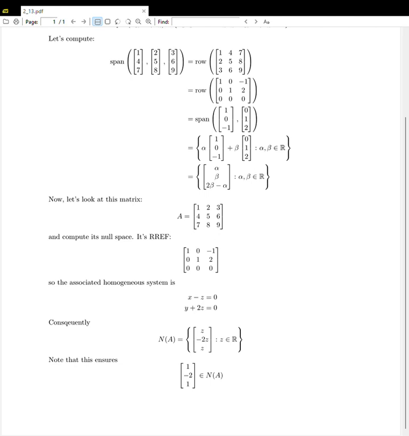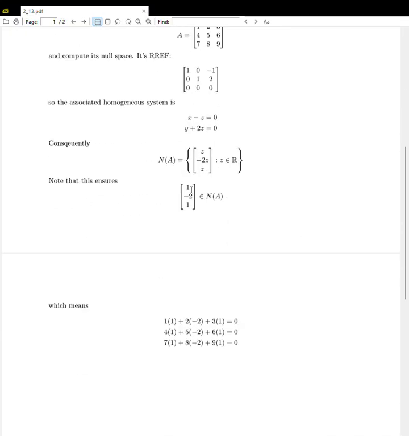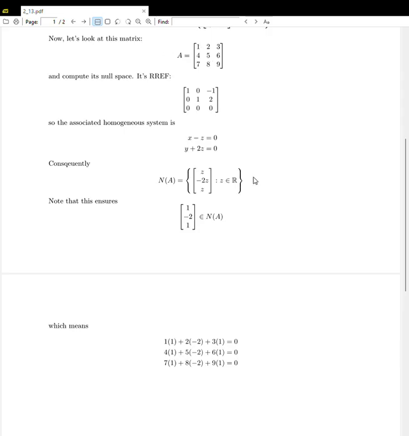Right, so when we were dealing with spans, as we introduced them previously, if this is in the null space, that means it's a solution to the associated homogeneous system for A, which means I have this. But if you take out your spectacles and look at this a little closer,